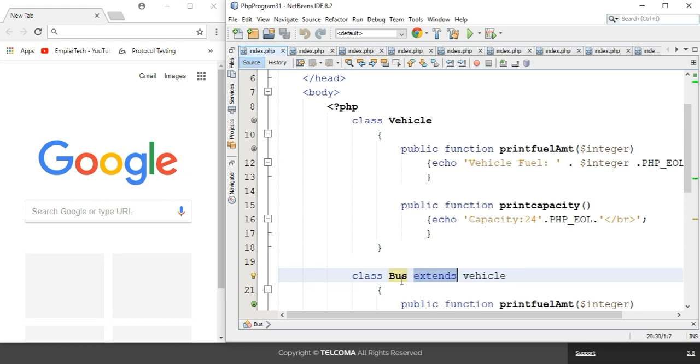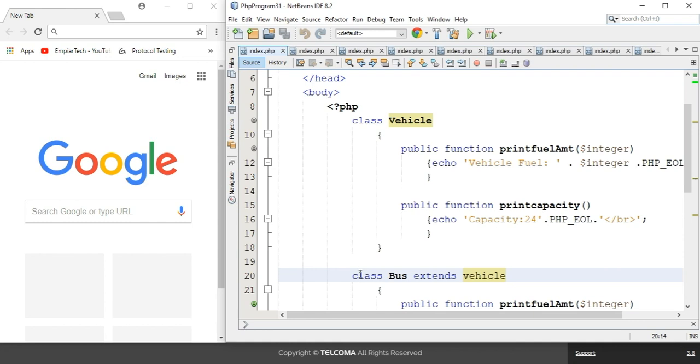So here you can see that class bus extends vehicle. It means it is inheriting the properties from this vehicle class. So the effect of inheritance is that the child class has the following characteristics. Here the parent class is class vehicle and the child class is class bus. Its effects are like this: it automatically has all the member variables that are declared in the parent class, and it automatically has the same member functions as the parent, which will work the same way as they do in the parent class.